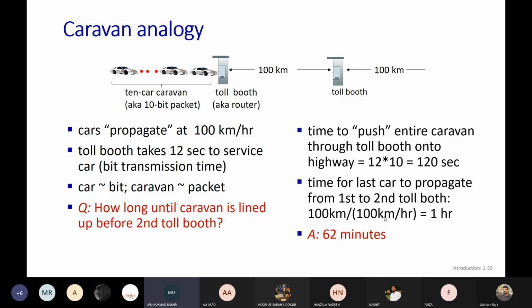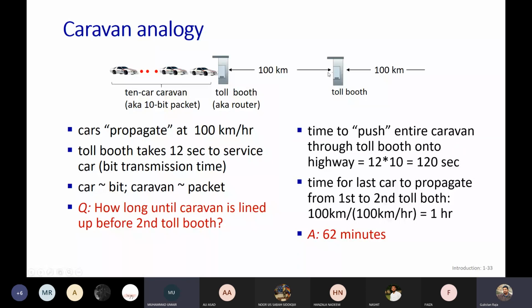सर ये जो सेकंड पॉइंट आपने बोला है, ये टाइम फॉर लास्ट कार टू प्रोपोगेट फ्रॉम फर्स्ट। देखिए, पहली कार यहाँ पे है तो इसको 12 सेकंड लगे। ठीक है, 12 सेकंड के बाद ये 100 किलोमीटर आवर पे जाएगी, तो यहाँ पे पहुंच जाएगी, 1 आवर और 12 सेकंड्स में।